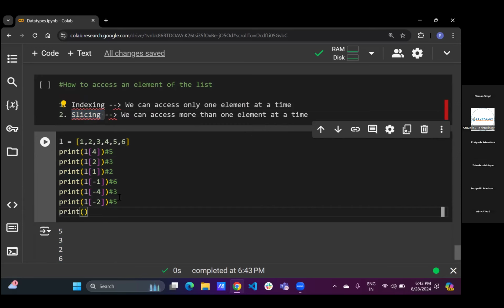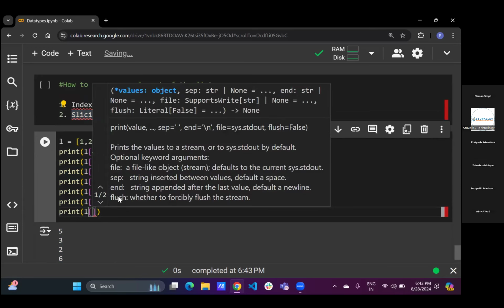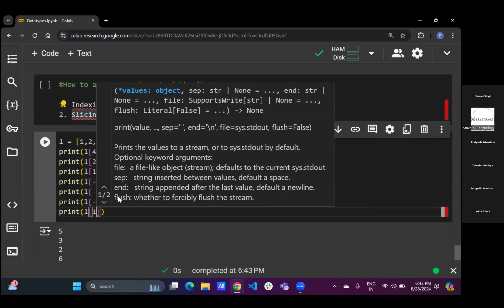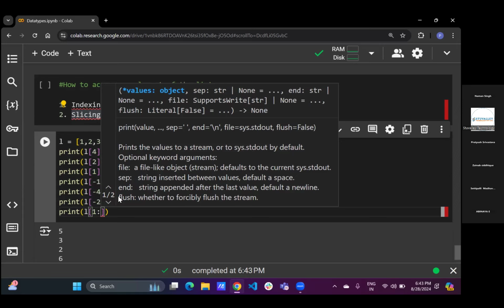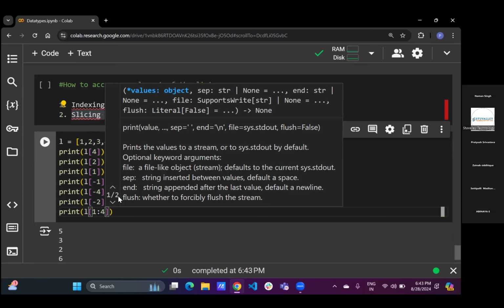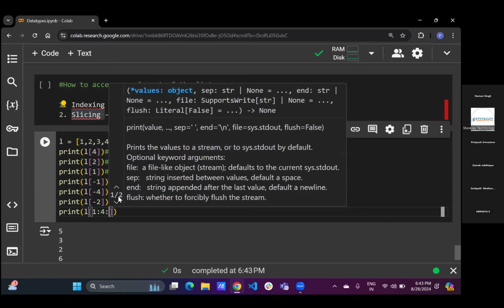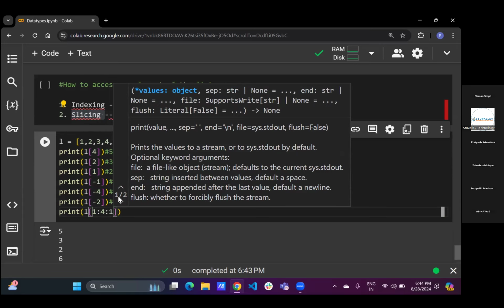प्रिंट L विद इन स्क्वायर ब्रैकेट। अब यहाँ पे हम क्या लिखेंगे, कहां से हमको स्टार्ट होना है, यू नीड टू राइट फ्रॉम वेयर आई वांट टू स्टार्ट, आई वांट टू स्टार्ट फ्रॉम फर्स्ट इंडेक्स। कहां तक हमको जाना है, आई एम राइटिंग 4। 4 का मतलब होगा कि ये 3 तक ही जाएगा, 4 एक्सक्लूसिव होता है, 4 इंक्लूड नहीं होता है।